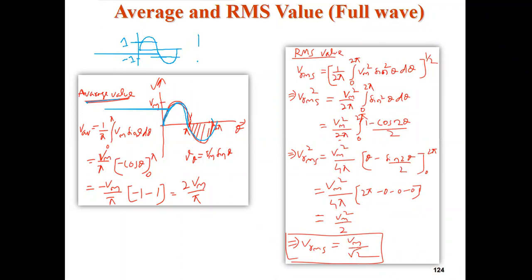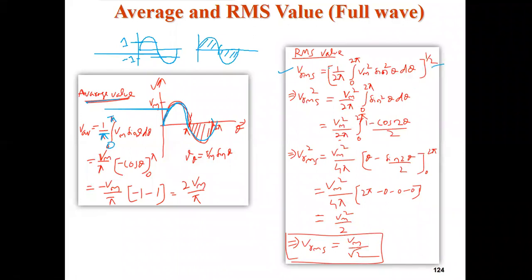So if I integrate it from 0 to 2 pi, whatever I get, if I integrate it from 0 to pi, then I'll also get the same thing. So it is integrated from 0 to pi and divided by pi. Okay, and coming to this RMS part,